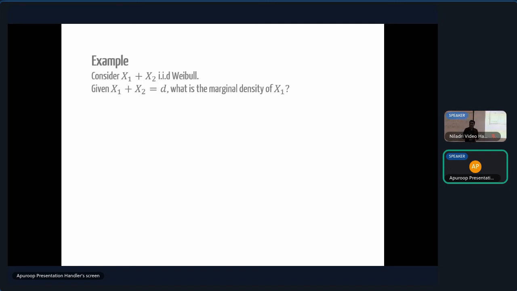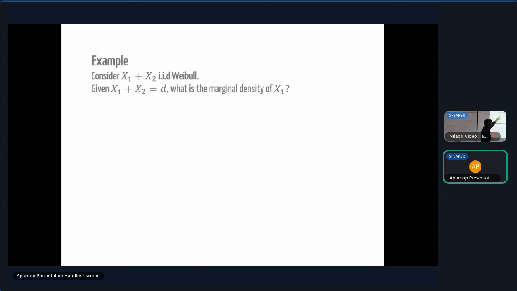Interestingly, when you look at the heavy-tailed case, you see that the density has two peaks, one peak way on the left and the other peak way on the right. What does that mean? If x1 is taking very small values, note that x2 is taking the large value, right? So the fact that your marginal density of x1 has these two peaks around 0 and d means that the most likely manner in which x1 plus x2 was large, d, is that one of these guys contributed practically everything, right? So that's now a simple illustration of the catastrophe principle at play, right?